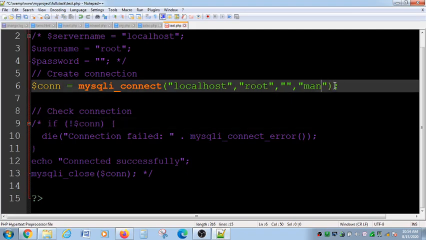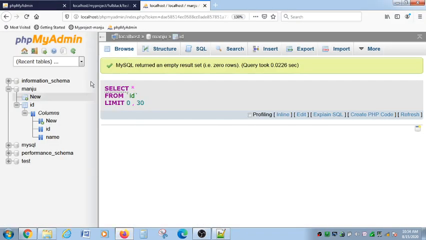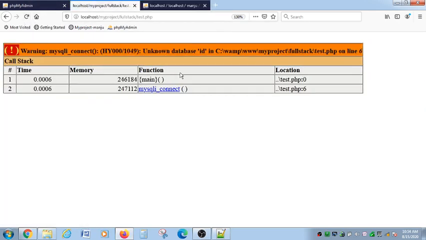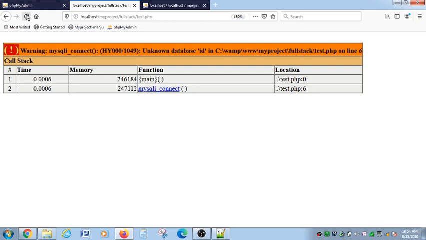I will be giving table name as ID, and I will just rerun this one, that is test.php. It is showing unknown database ID. So the table name is ID, and the database name is Manju only. So I will be creating this one.